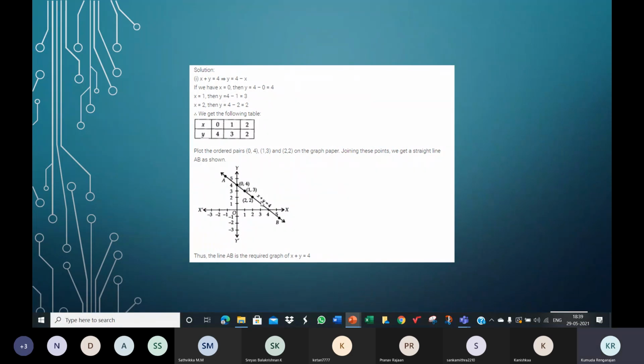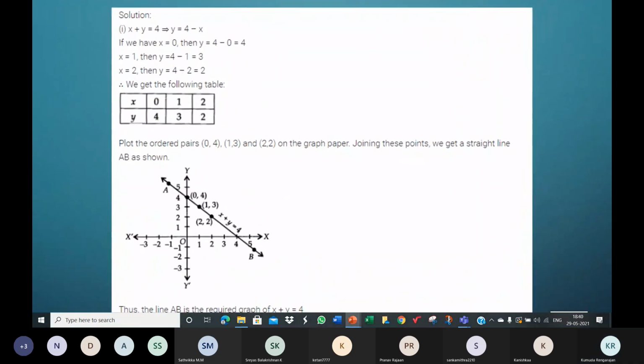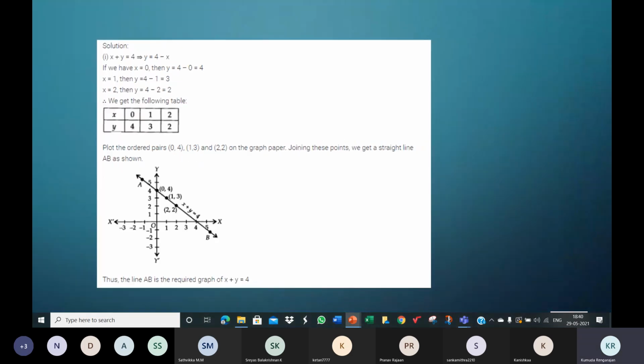So this is what you finished, children. This is the graph for the first one, which you just did. I'll share the material with you so that in case you have not finished, you can verify your answer with this. The first one, which we just finished.